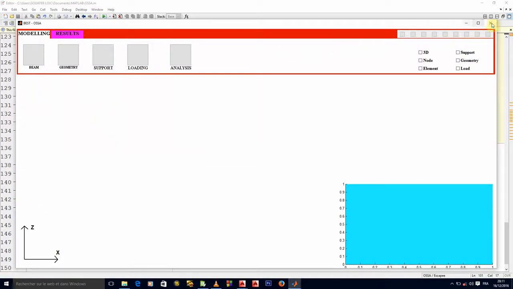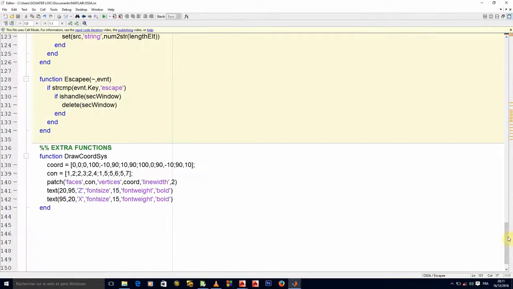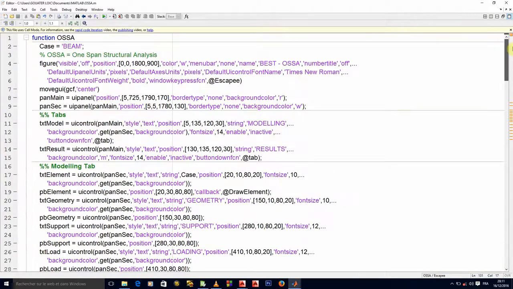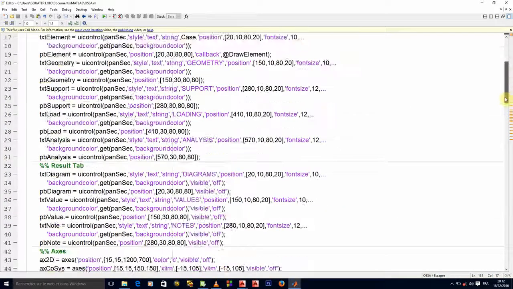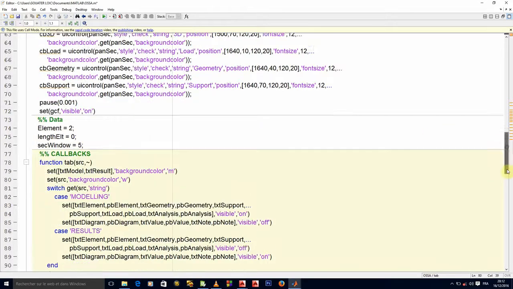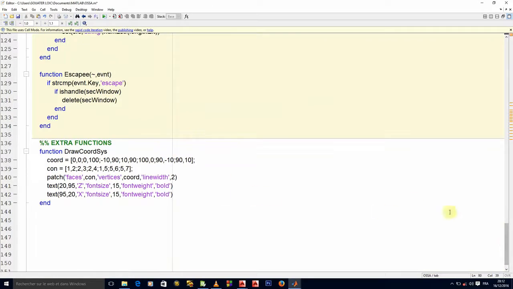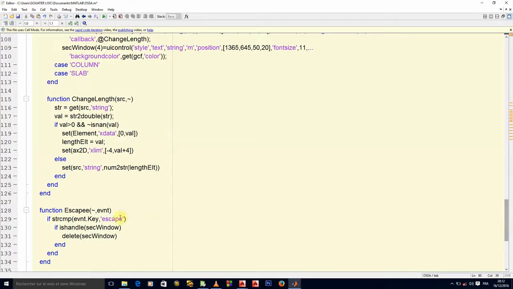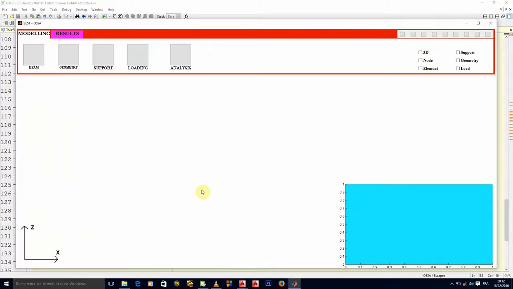So it means that this zero has a problem. If we are using this particular method, we cannot initialize sec window as 0 because from all indices, is handle sees 0 as an object somewhere, somehow. MATLAB alone can answer that for now, but we know how to adapt to any situation that presents itself. So now, if I run and I press escape, there is no ping whatsoever, okay? Good.